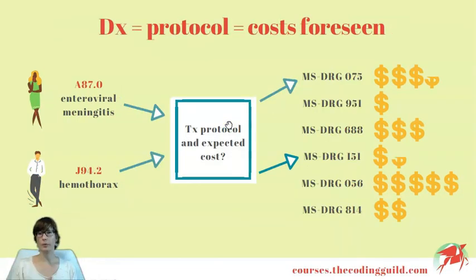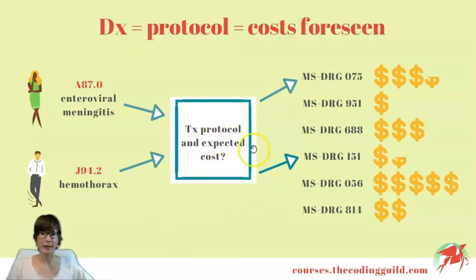So using procedures to substantiate payment makes a lot of sense and it's very logical, but why would CMS opt for using the principal diagnosis in most cases? Well, the logic behind this is that modern medicine is using treatment protocols. When a patient shows up to the hospital, the doctors already know what is going to happen to that patient. They know what type of drugs are going to be needed, how intense the nursing care is going to be, how long the patient is expected to stay, etc. They don't know the exact details for that one patient, of course, but in general they have an idea as to what they expect to happen next.